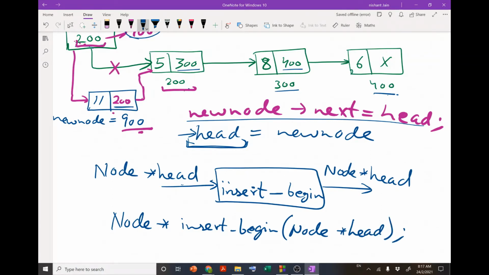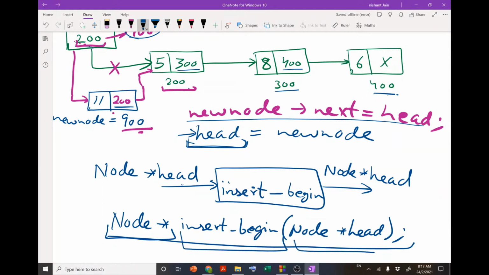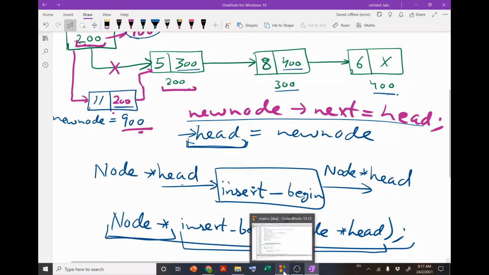So this will be our function declaration, because this node star will indicate the type of the data that our function is going to return. This will be the name of the function, and this will be the input that we are going to pass to our function.